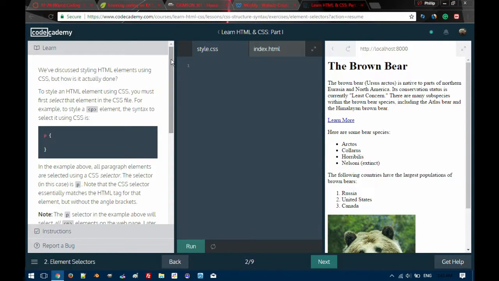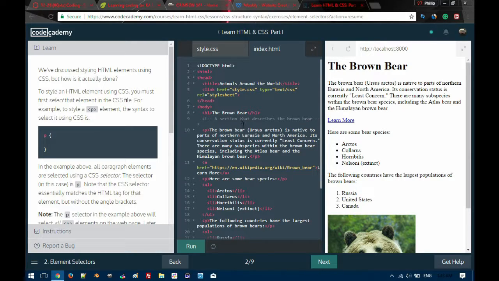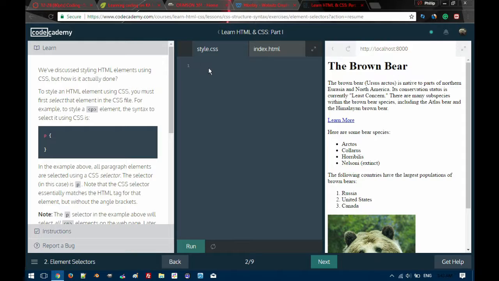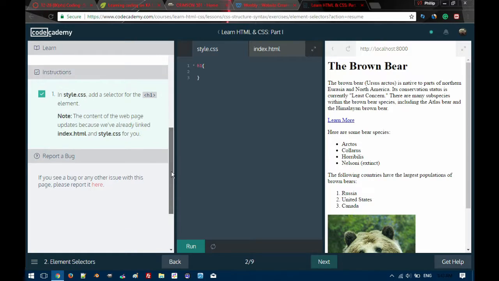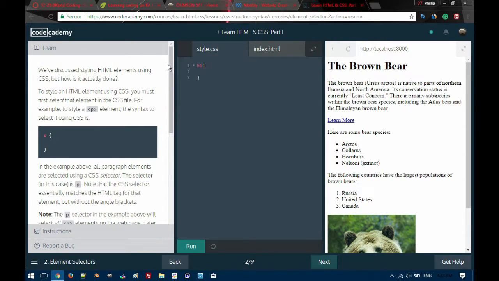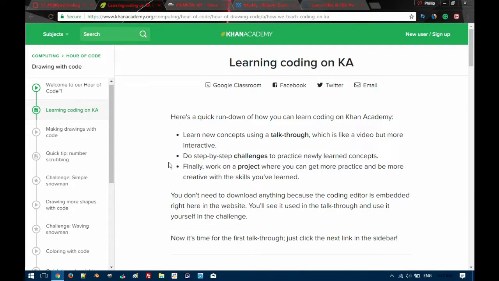Okay. So I'm supposed to select the H1 element. So like this. Yes. Okay. So it's a fairly easy to use interface, and I really like it versus Khan Academy because